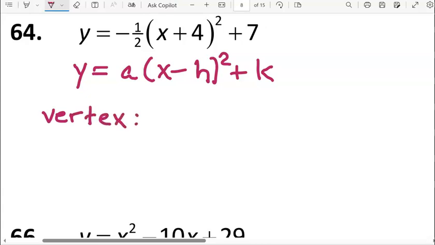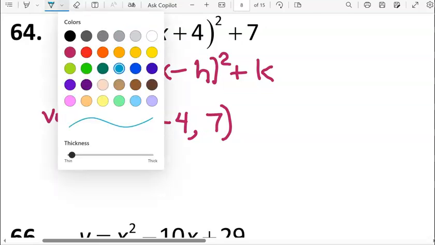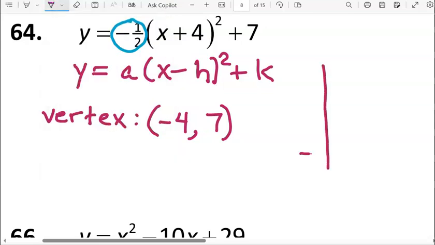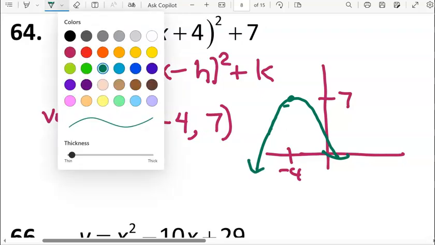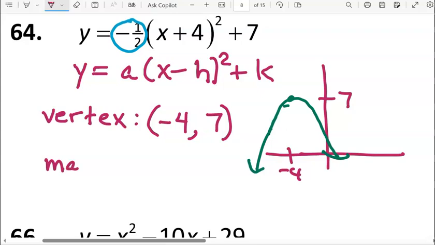So the vertex x value is the number that's being subtracted from x, so that would be -4, and the vertex y value is k, the number that's being added to the outside. So the vertex is -4, 7. Because a is a negative number, this particular graph that has its vertex at the point -4, 7 will open downward, and so that vertex is going to represent a maximum value